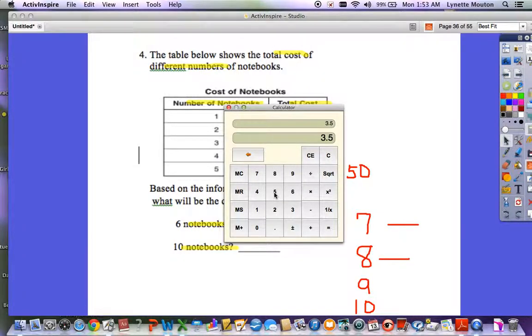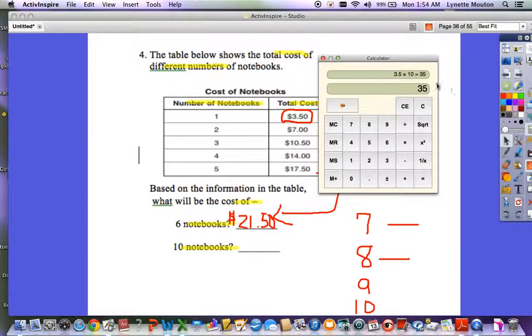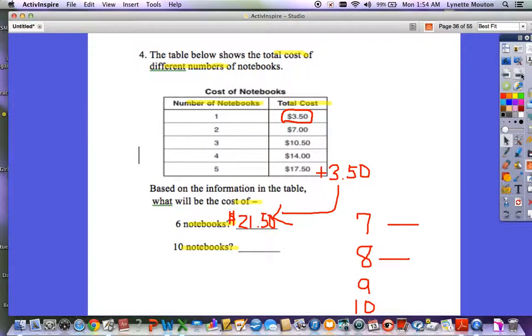But again, each notebook costs $350 times 10 notebooks gives us $3,500, ladies and gentlemen. And that is your answer for 10 notebooks. Again,